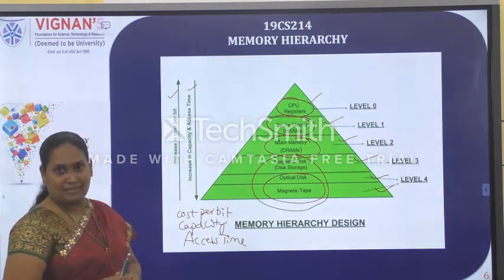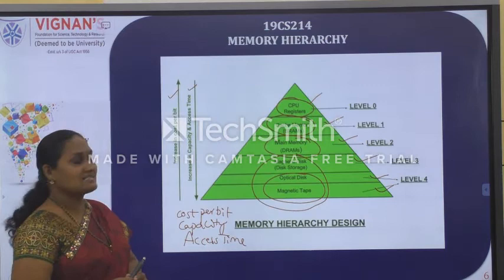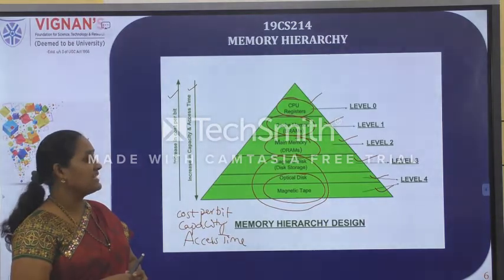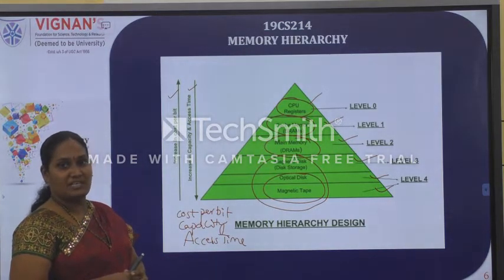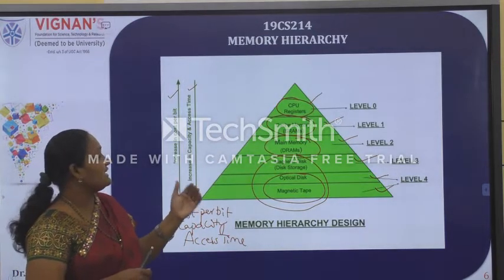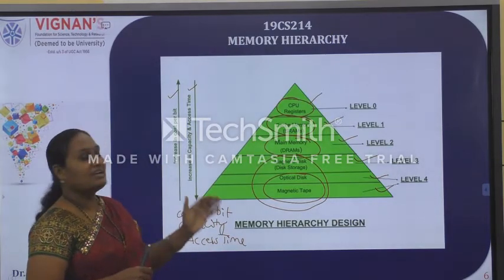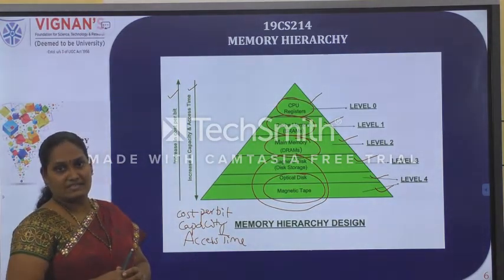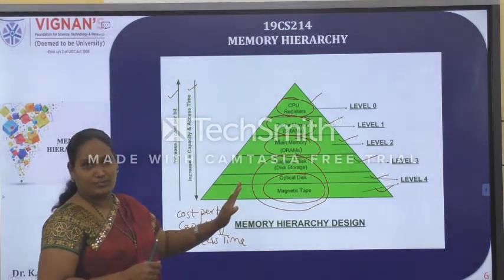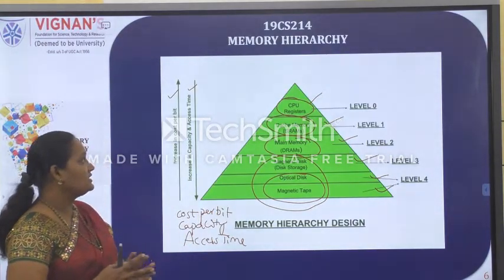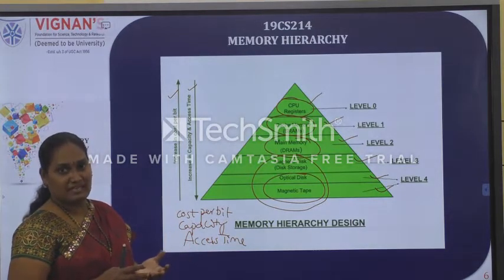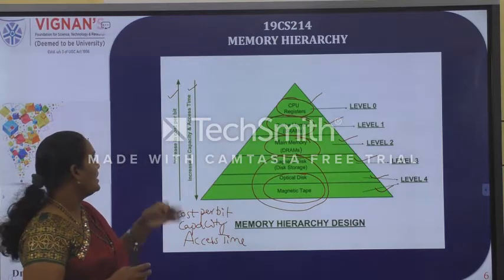And coming to access time, we can access the data present in registers fastly. After that, cache memory and main memory: we can access the data from cache memory fastly when compared to the main memory. We can access the data fastly from main memory when compared to the secondary storage devices. That is, the access time also increases from top to bottom. I hope you understood what factors we are considering for the representation of the hierarchy of various memory devices and how they are present.